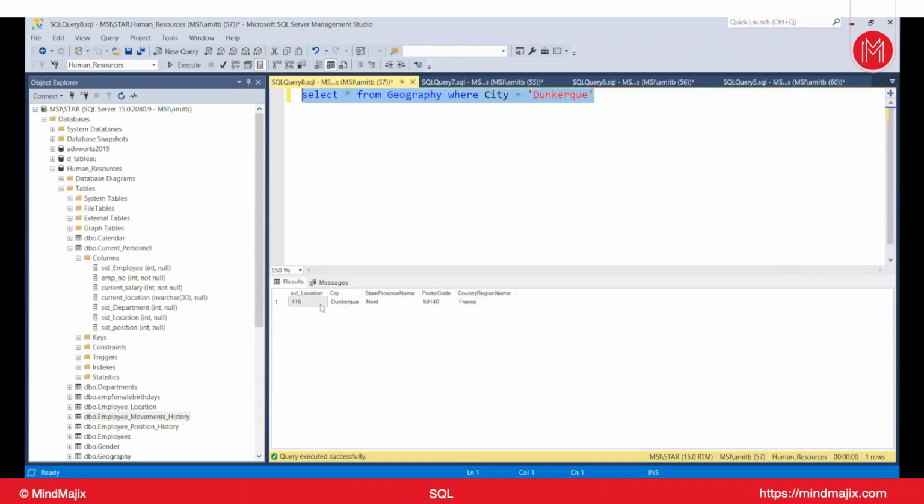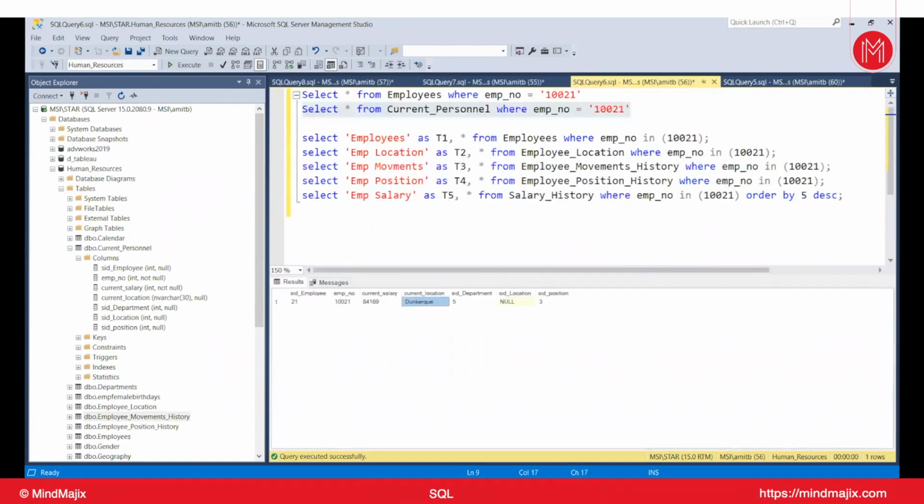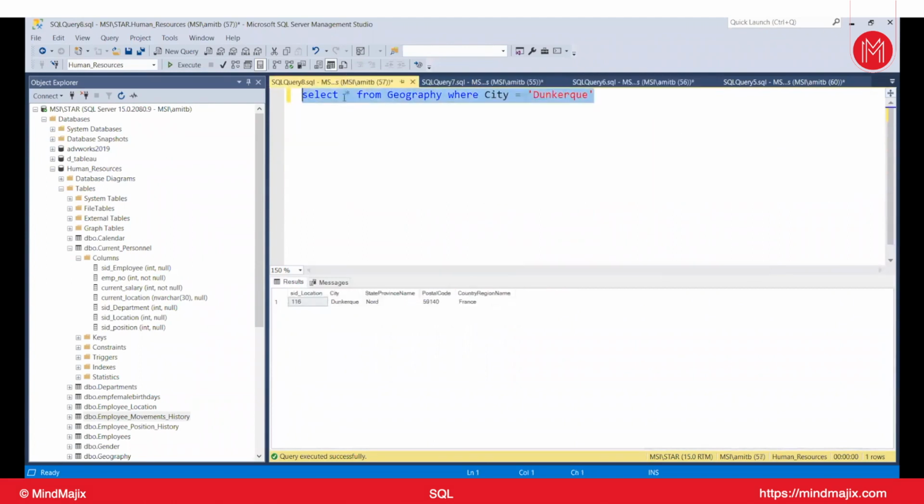Now let's start the process of updating this null value. How to update it? For this, I have the reference, right? This particular ID is 116, which is available in the geography table. Now we have to first get all the details in one place. For this, we'll be using the current personal table and the geography table. So we'll write a query over here. Select